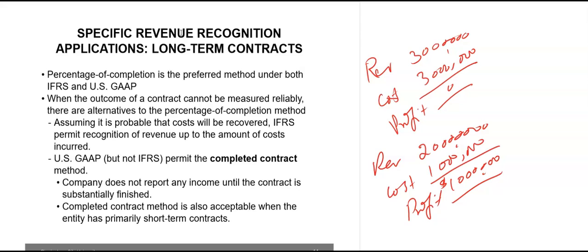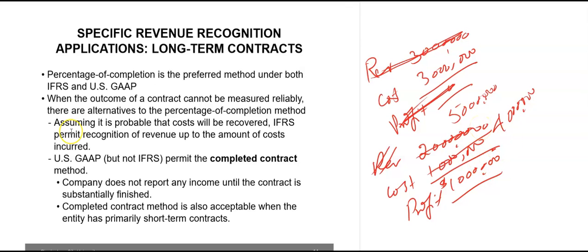No matter what, revenue is not reported. From our example, we can see that under the completed contract method, the company will not report any revenues here and will neither expense the cost, but they will be reported as assets on the balance sheet. And in the second year, when the contract is completed, all the revenues and cost will be recorded here. So this is going to be recognized as revenue in the second year, and then the costs that have been accumulated as an asset in the balance sheet will be reported as expense,